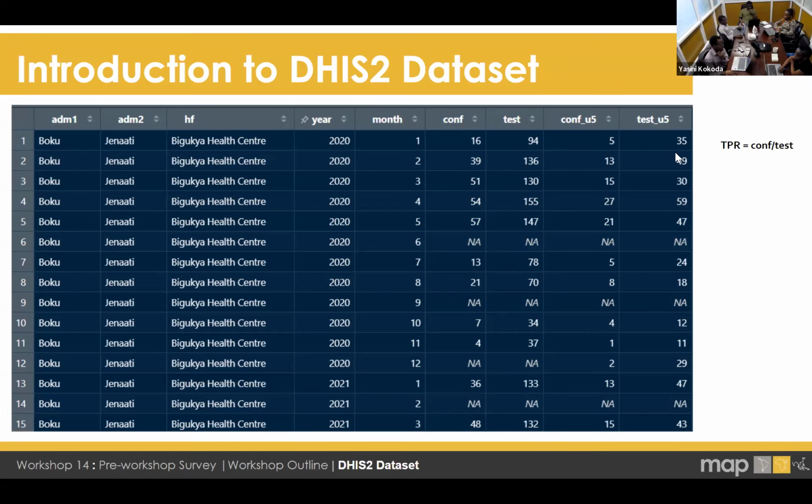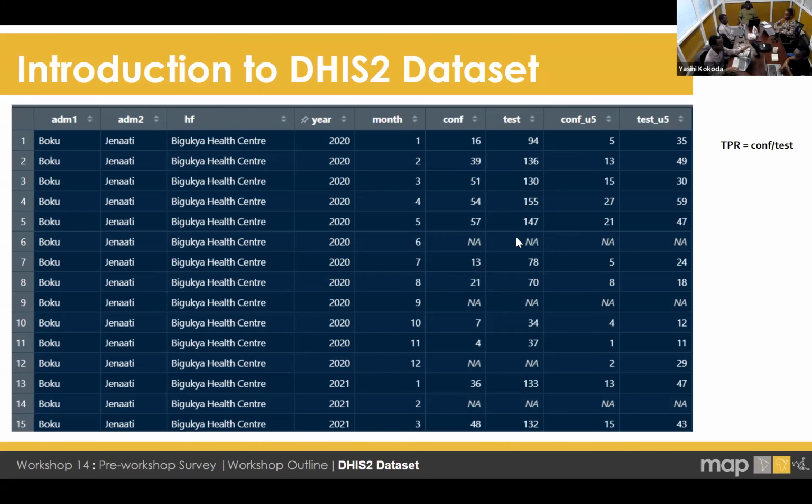So positivity rate for malaria is going to be the number of confirmed cases, for example in this first row, divided by the tests. So it's a proportion. If you have 100%, it means everyone who was tested was positive. Zero, none of them was positive. So with that understanding, we go ahead with our presentation or lesson.